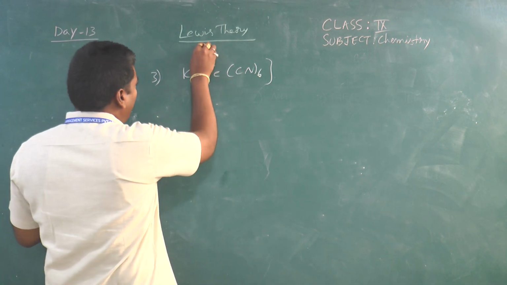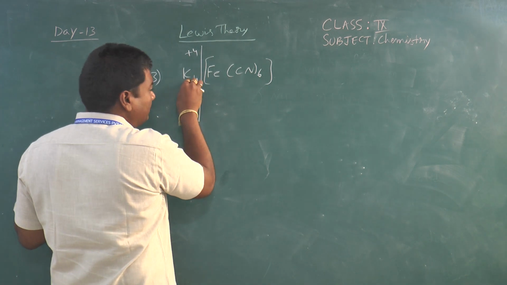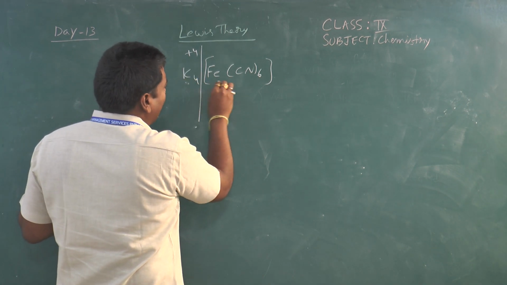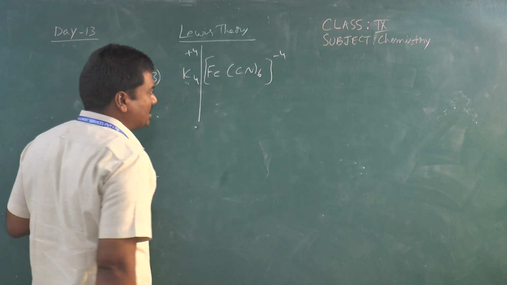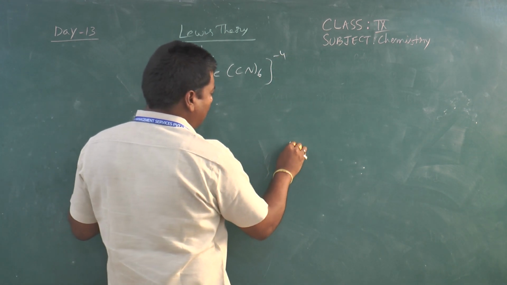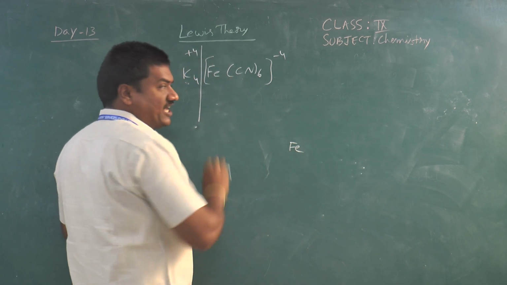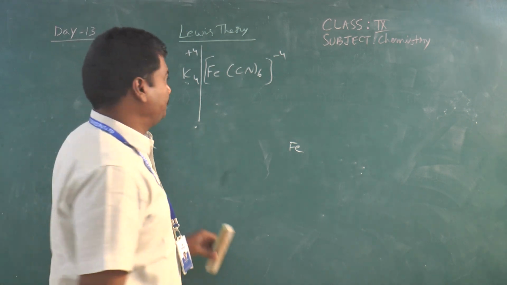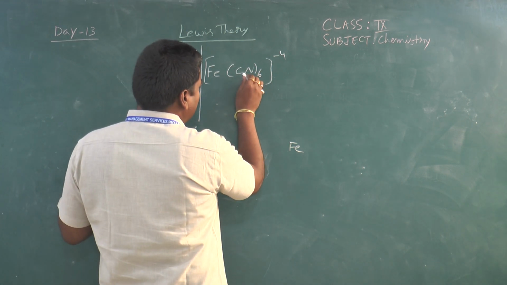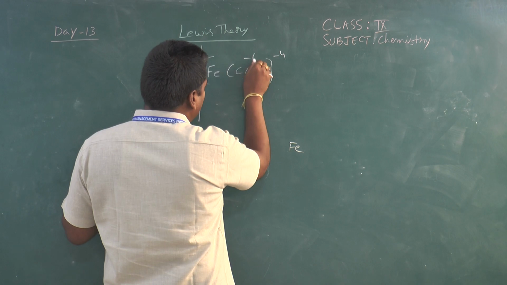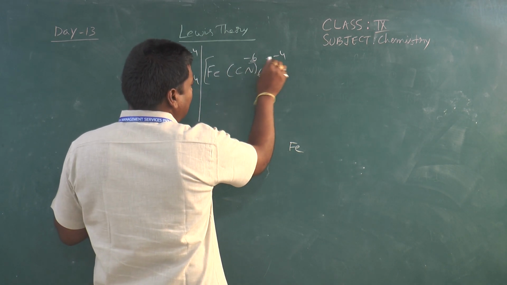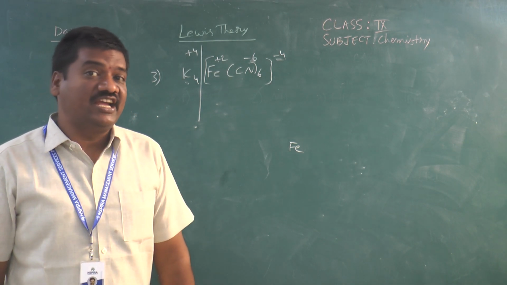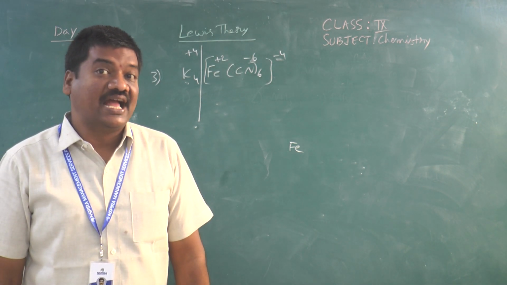Now here, if you take potassium, each potassium is +1, 4 potassiums are there, so it is +4 charge. Then Fe(CN)6 has a -4 charge. If you take the iron atom, each cyanide has a charge of -1, so cyanide will act as a Lewis base here. Each cyanide has a -1 charge, 6 cyanides are there, so the charge here is -6. Since it is -6 with +4 outside, iron should have a +2 charge. Now what is the question here? Which element or ion acts as the Lewis acid?